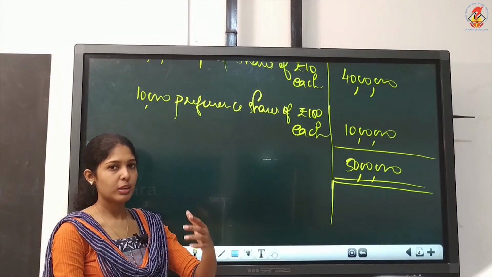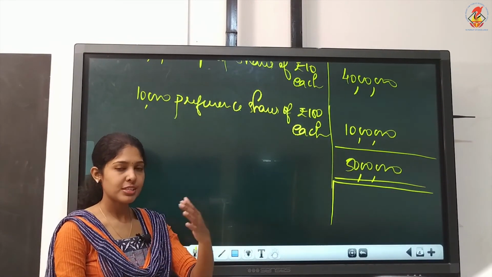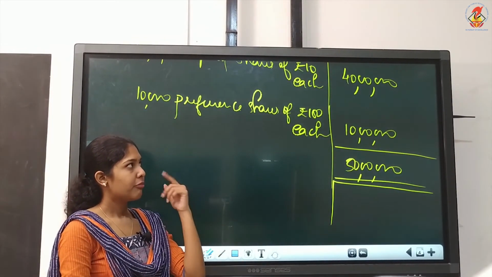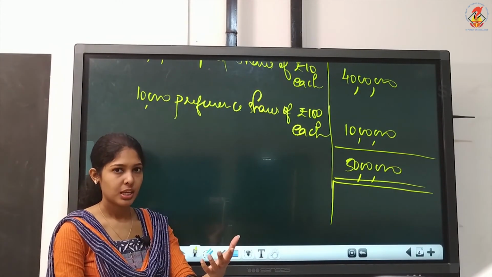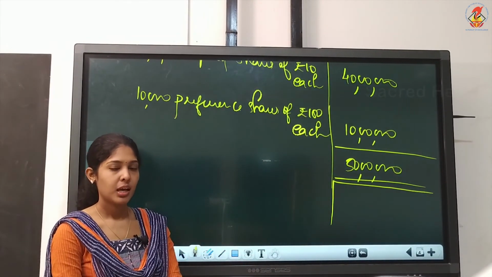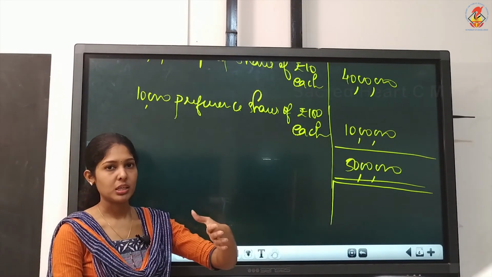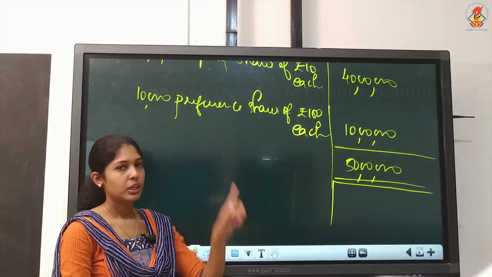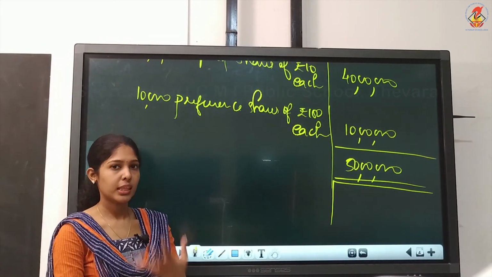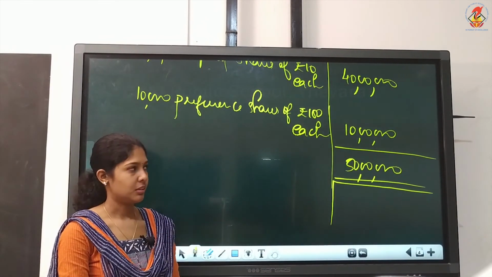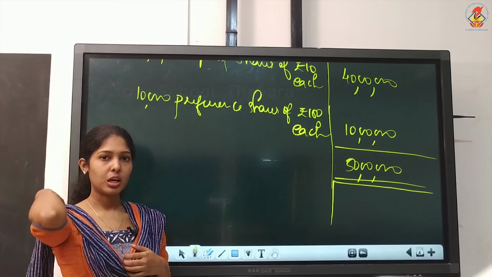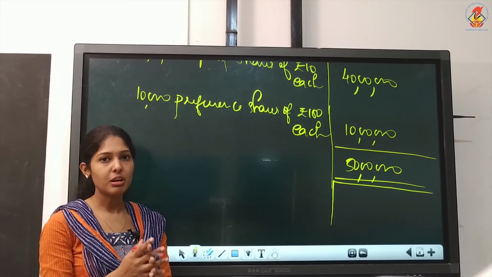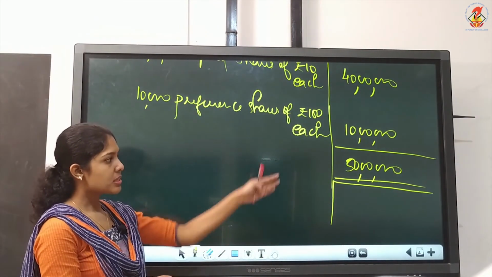So, preference shareholders will be getting a fixed rate of dividend, the return they will be getting, whatever happens. But equity shareholders, since they are the owners, are the residual owners. Residual means after giving to all other parties, all other shareholders and all other related parties, if there is a balance, that can be given to equity shareholders. So regularly they will not be getting a dividend, a return, but preference shareholders have a preferential right. Preferential right means they will be paid a fixed rate of dividend. Okay, so this is how you have to write.